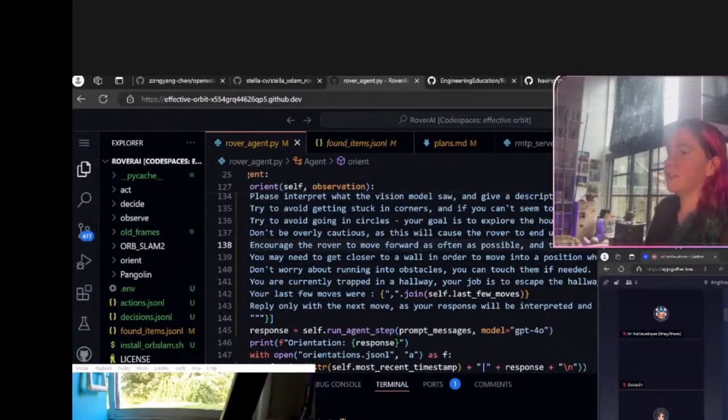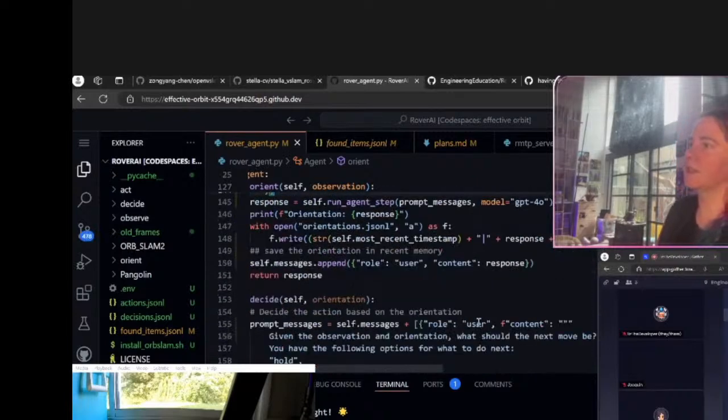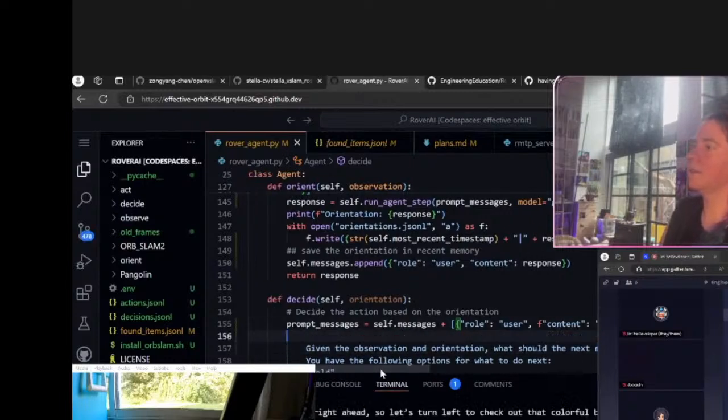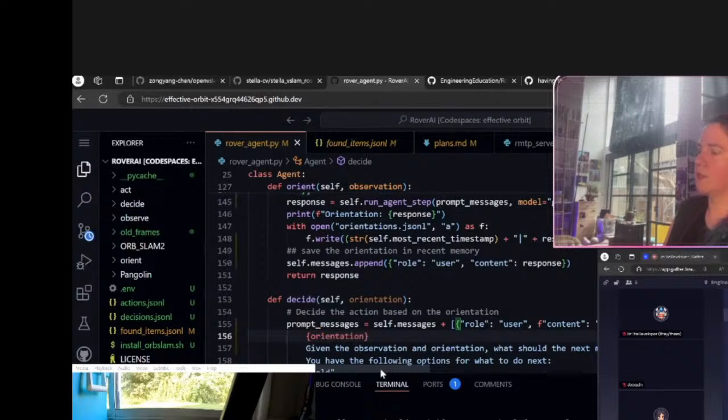Orientation, turn right. Decision, forward. Okay, so with the decision, we really need to put orientation. Okay, so it just keeps going forward. Whoops. There we go.